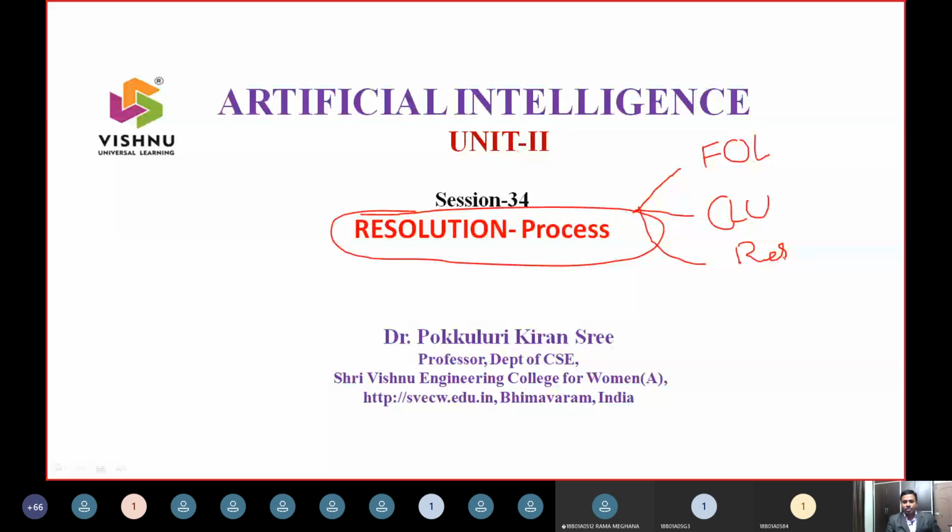The same resolution procedure that we are going to study today was already studied in discrete mathematics. If you wish to prove something, you need to take the negation of what you wish to prove, and then proceed. That is called the resolution mechanism. Many textbooks call it resolution with refutation: whatever you wish to prove, you take the negation of that and proceed. That is called the resolution process.